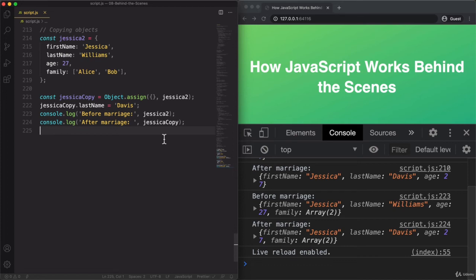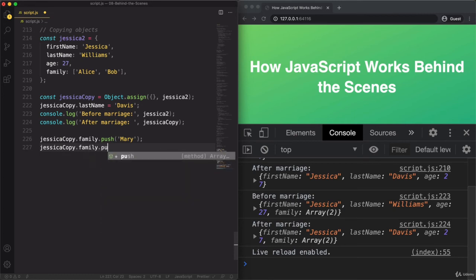But now let's actually change that array in jessicaCopy. So in this one, because as Jessica married, she also increased her family. And so let's now add some more family members there. So jessicaCopy.family, and then let's use the push method to add a new element to the end of the array. And let's add Mary, and let's also add another one. So family.push,